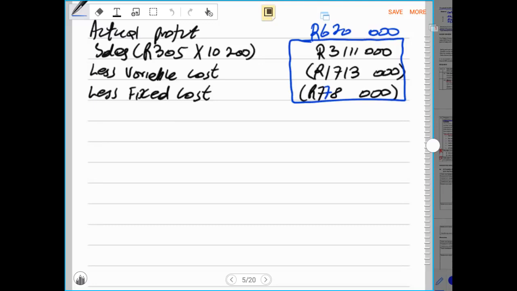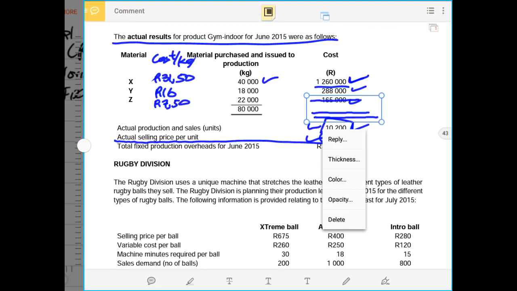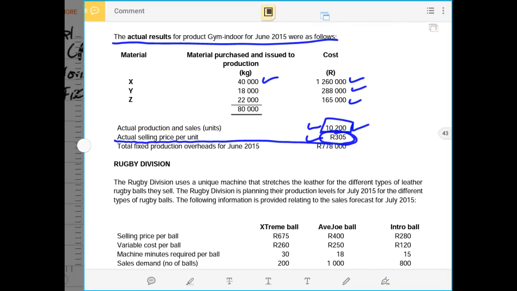Now I just want to bring your attention to something important to know, because sometimes you might be given limited information. I said to you that if you want, you can analyze the material price variance using the price, not the cost. So if we use the price, we'll have to say,